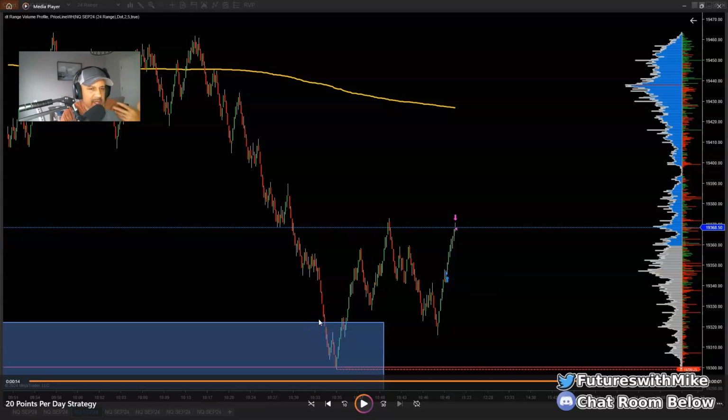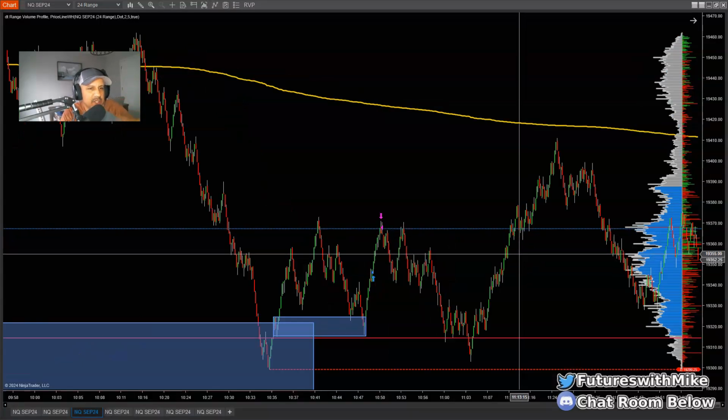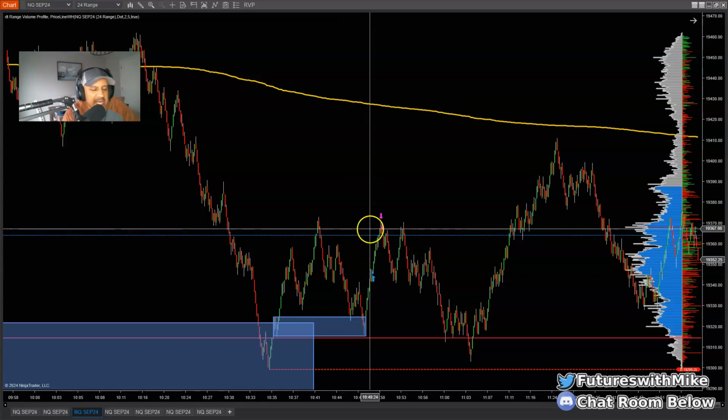I just had to wait because there was not a demand zone resting on the higher base chart. So basically a demand zone within a demand zone on the 120 range chart. So I had to wait for a structure break there. But this is an easy way to be able to pick up 20 points for anyone out there that trades